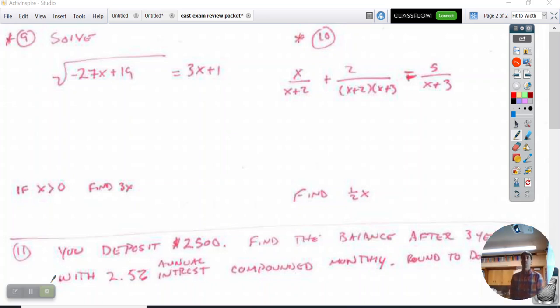All right, so we are going to do some solving here. And unfortunately for 9 and 10, once we solve it, we're also going to have to do one more extra step because we're going to have to find the expression based on what we get. So right here, the opposite of square rooting is squaring, so we get negative 27x plus 19 is equal to,